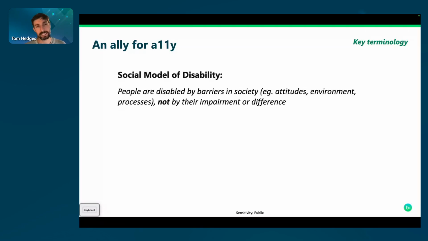Okay, so the first thing I want to cover in terms of terminology that really underpins all of certainly this presentation, my approach to accessibility, and the whole of the modern accessibility movement, arguably. And that's the social model of disability. So this is the idea that people are disabled by barriers in society and not by their personal impairment or